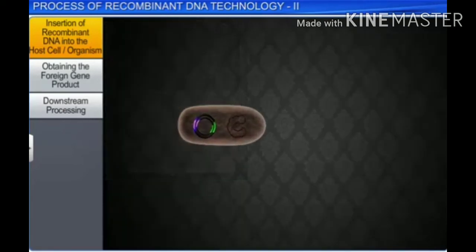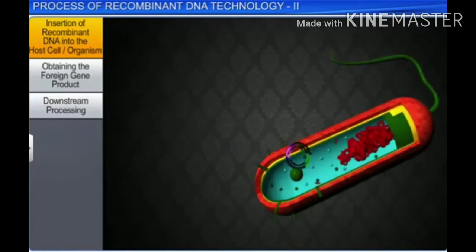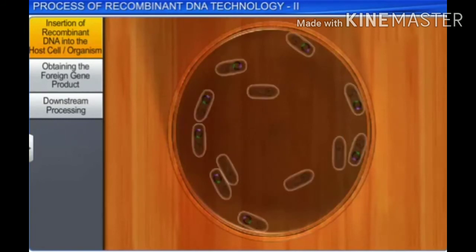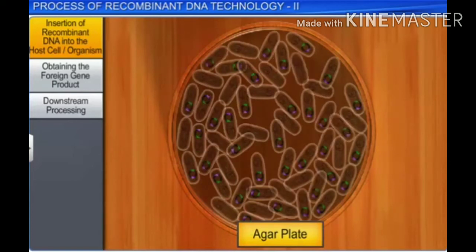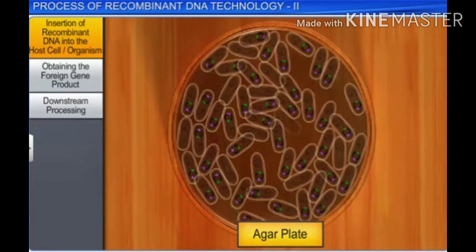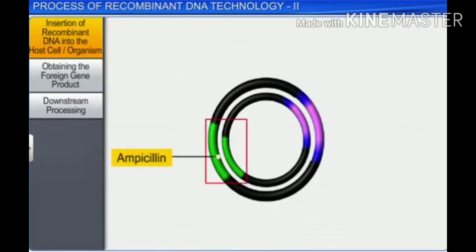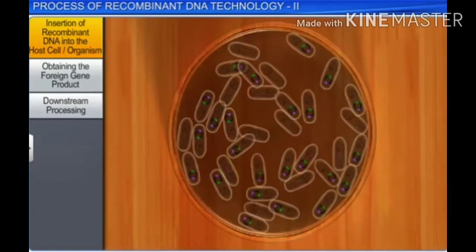If we consider the insertion of a recombinant DNA bearing a gene for ampicillin resistance into the host cell E. coli, the host cells will become ampicillin resistant. Thereafter, when the host cells are spread on agar plates containing ampicillin, only the transformants will grow. On the other hand, non-transformant recipient cells will die. In this case, the ampicillin-resistance gene acts as a selectable marker since it identifies and eliminates non-transformants and permits the